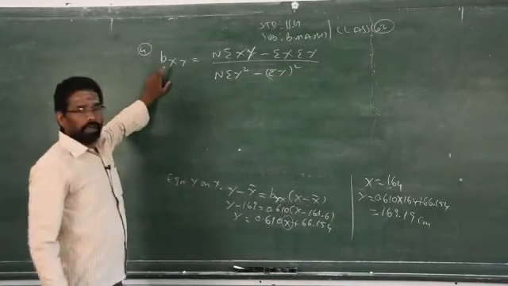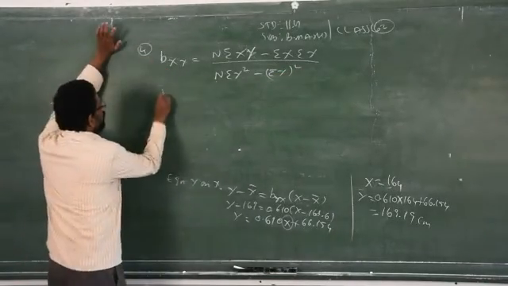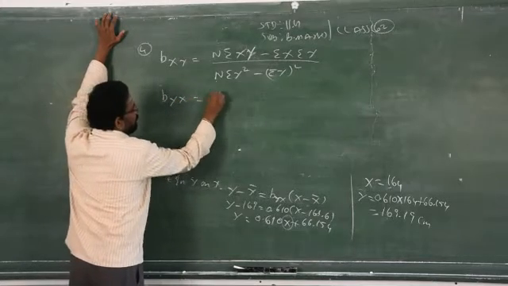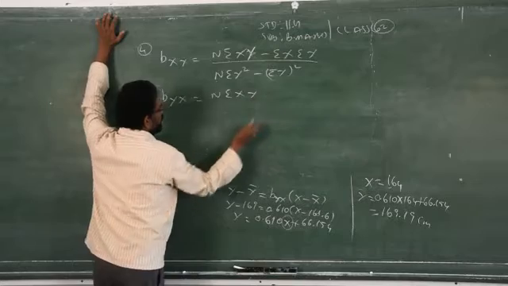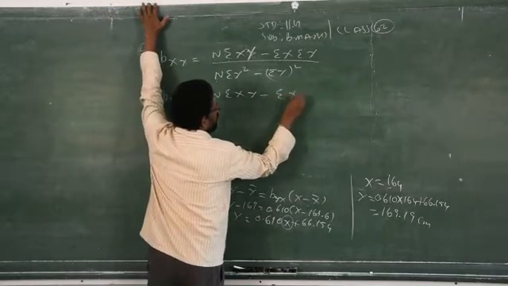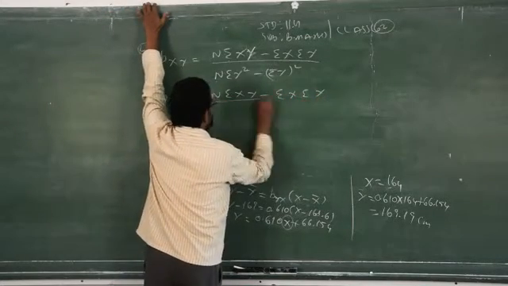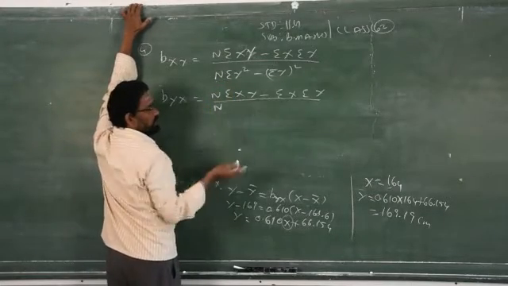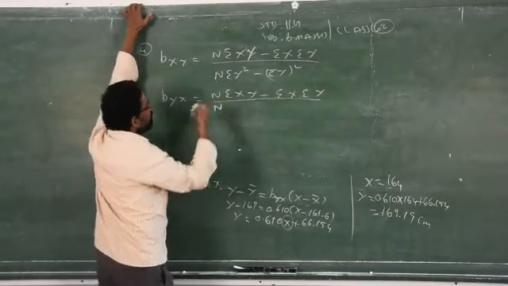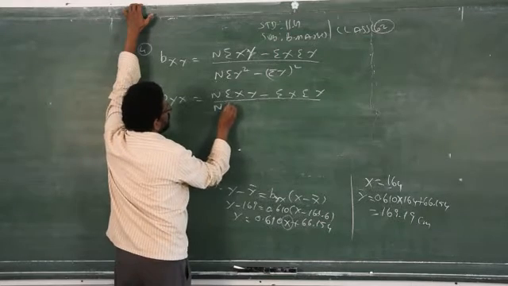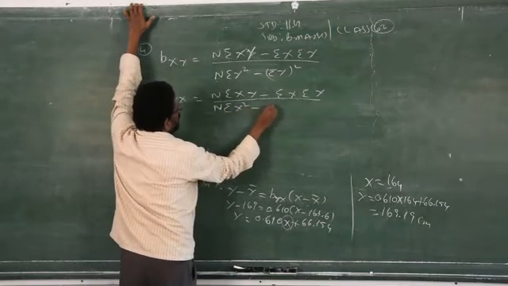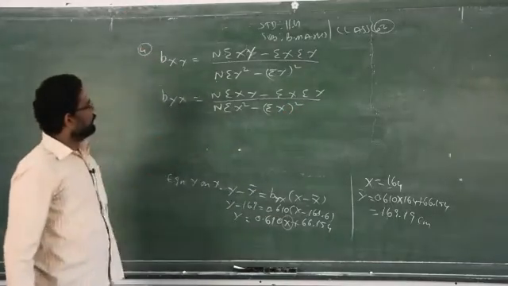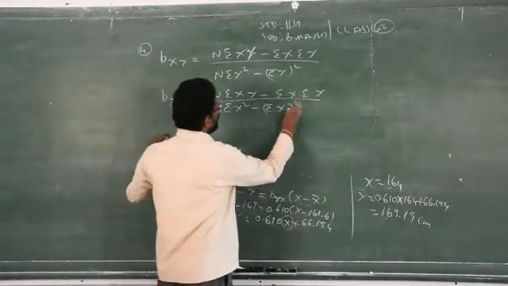This is the formula to find bxy. Then you have to find the formula for byx. There won't be any changes in the numerator, only changes in the denominator. Have a look at those two formulas, find the difference and memorize properly: capital X square minus summation capital X the whole square. This is the formula to find bxy and byx.